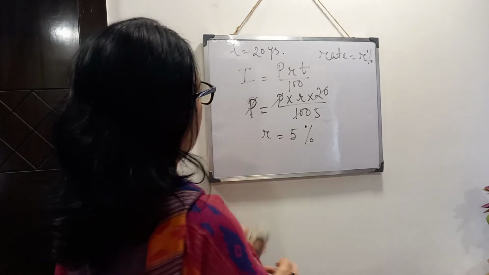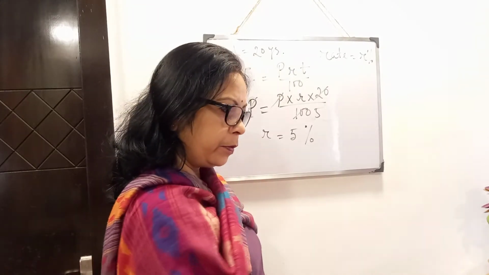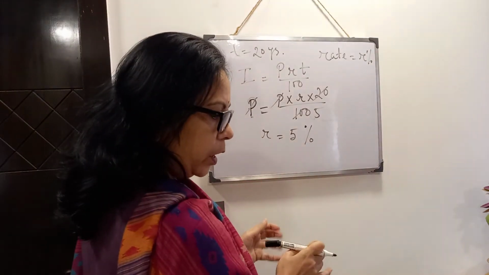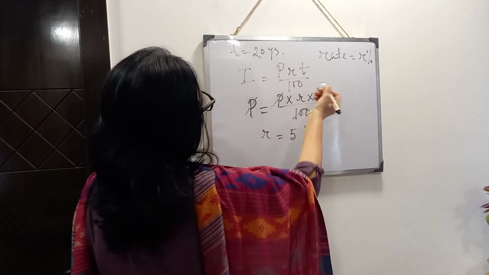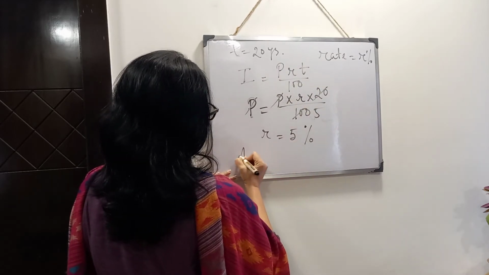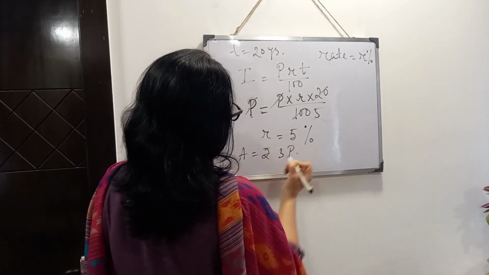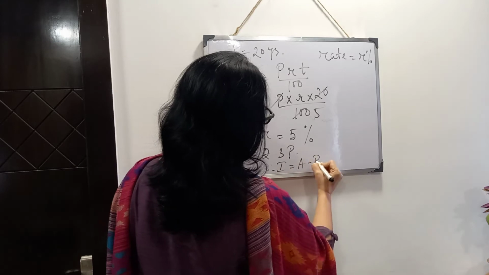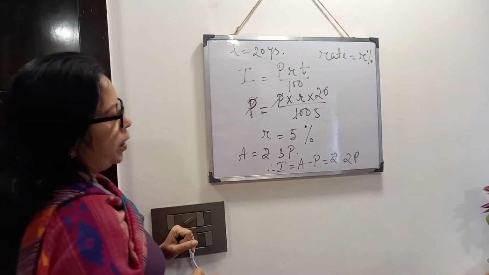So from first case we have got R. It was not given. Now in second case it is told that the principal will be 3 times at the same rate, in how many years? Principal will be 3 times. So principal P already we have considered, and amount is coming 3 times. So what will be your interest? Amount minus principal. In this case your interest is coming rupees 2P.